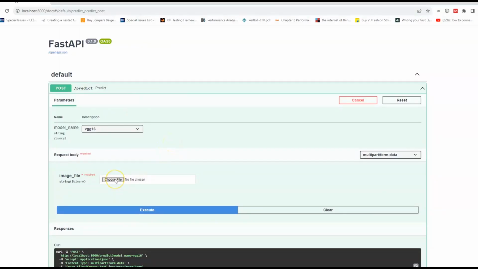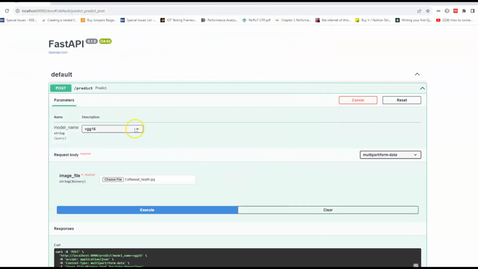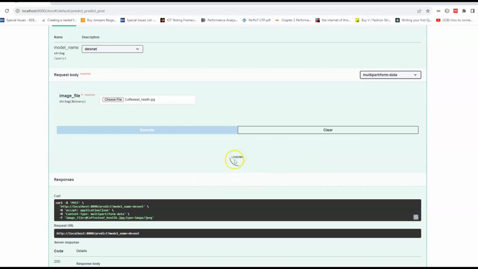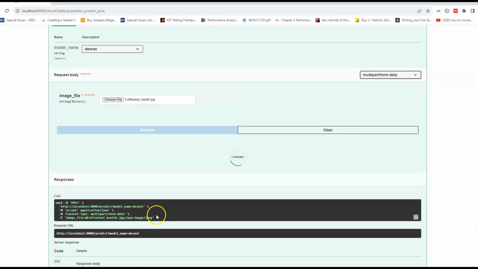So the testing phase is done like this. You have to select the dataset. Those are different coffee leaves, and then you browse it, and then you select the model, let's say this one, and then it is tested, because the model will accept the image and load and process it. So the output will be shown downward.